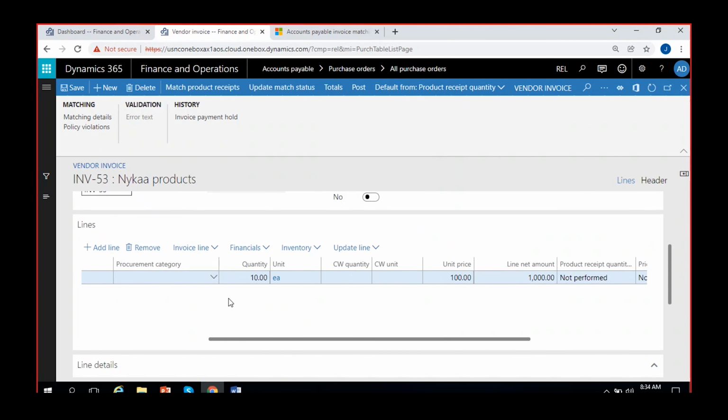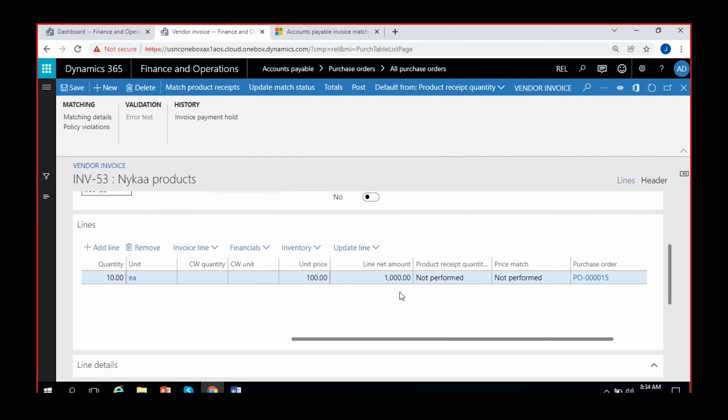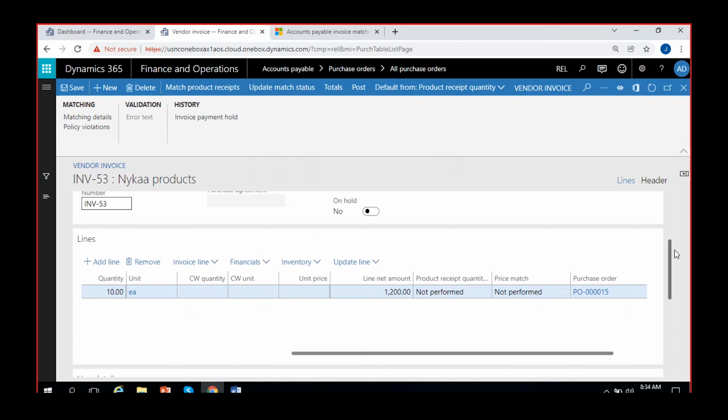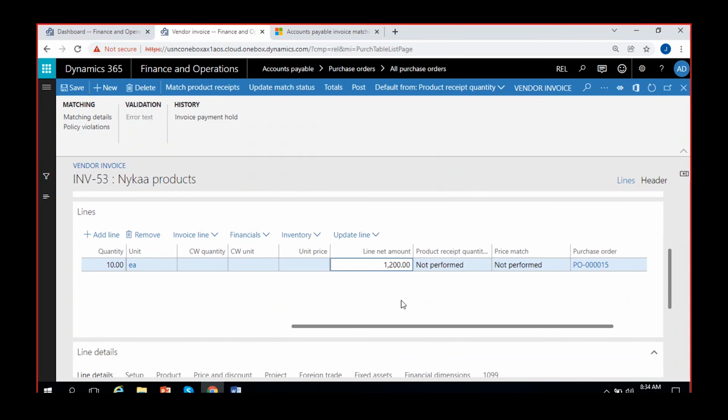Now you can see here there is 10 and 100 and total of 1000. Suppose if you change here as 1200, let's say, not 1200, I'll just show you. And it shows unit prices here as, let's say, 120 is the unit price, 1200. And then if I click on update my status,